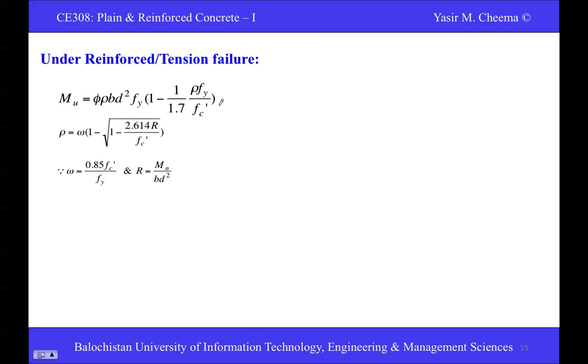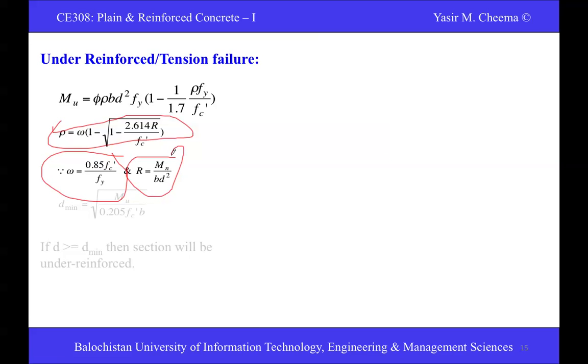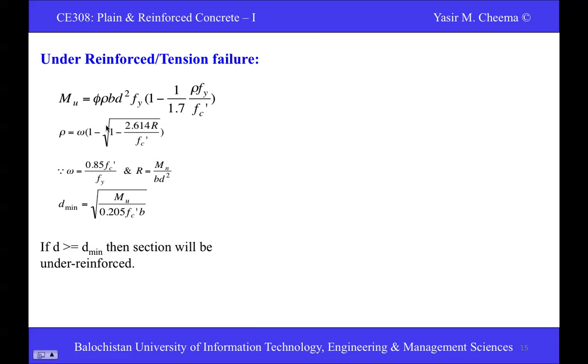अब इसमें जो rho की वैल्यू है उसको इन टर्म्स में लिया गया। अब rho में omega किसके बराबर है, 0.85 टाइम एफ सी प्राइम ओवर एफ वाई, और R जो है Mn जो है नॉमिनल मोमेंट और b d स्क्वायर। ठीक है, अब जो d minimum फाइंड करनी है, एक्चुअली बेसिकली मकसद ये है कि d minimum कैसे फाइंड करना है। अब d minimum फाइंड करने के लिए आपके पास इन्हीं से आगे